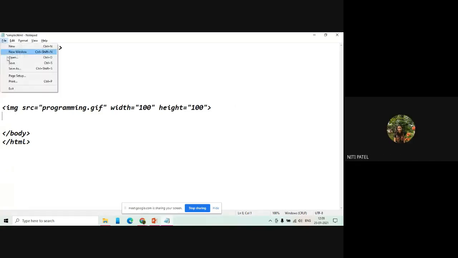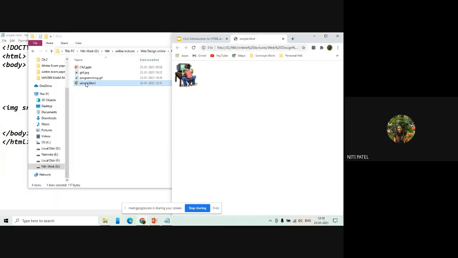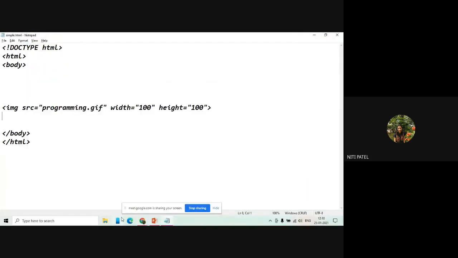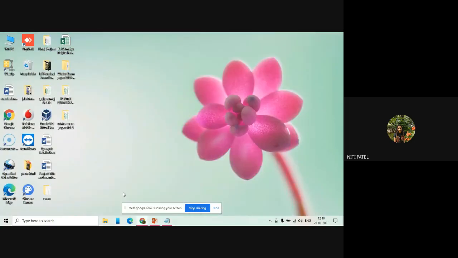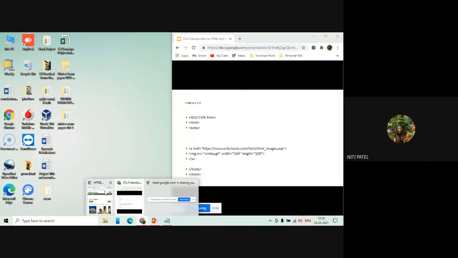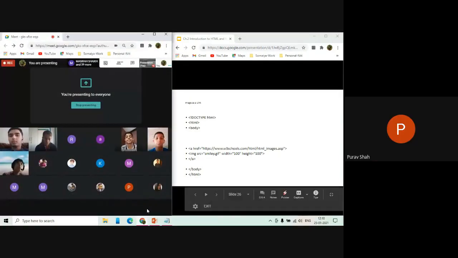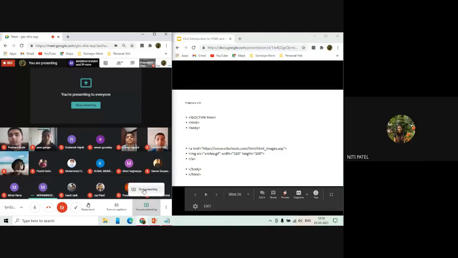Let us see like this only. See, it is allowing. Okay. So you can embed it with the style as well as you can write with width and height also. Both are possible. Clear? Yes, ma'am. Okay. So let us go ahead.